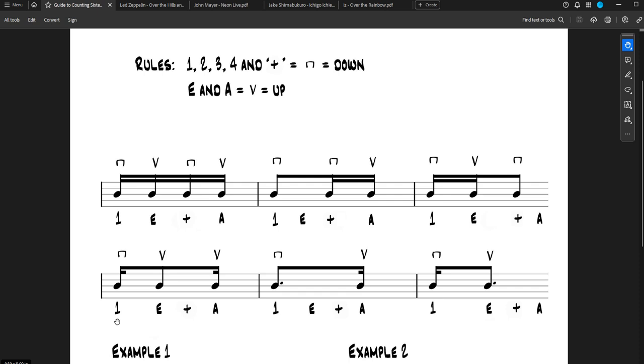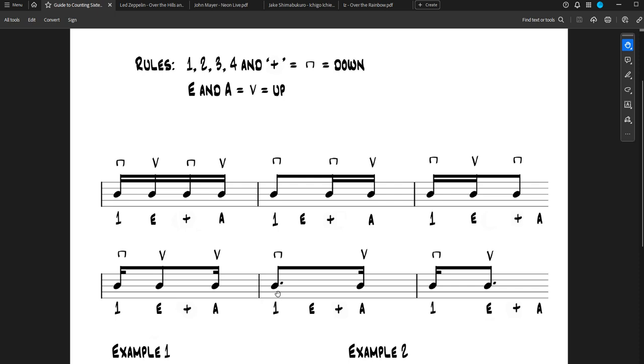Okay. Here's an example where the eighth note is in between the 16th notes. So you have a 16th note here, a 16th note here, and an eighth note here in the middle. So you get 1 E and so the eighth note is still getting 2/16 notes worth of counting. This one comes on 1, this one comes on 1 E and